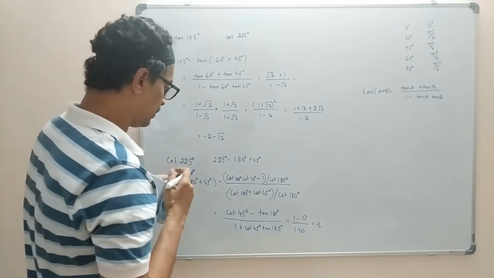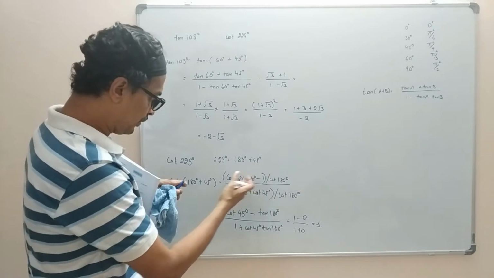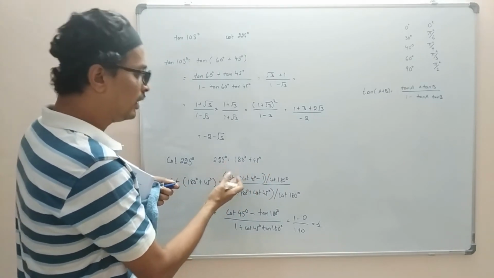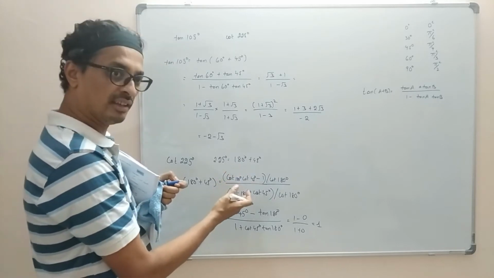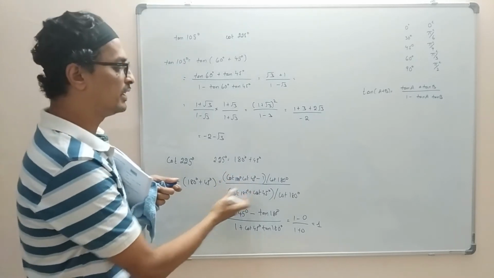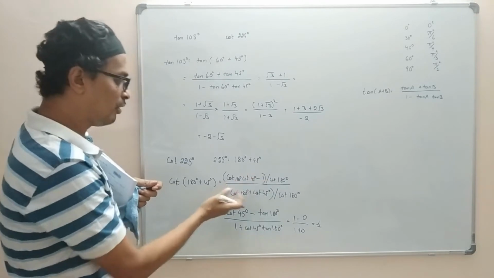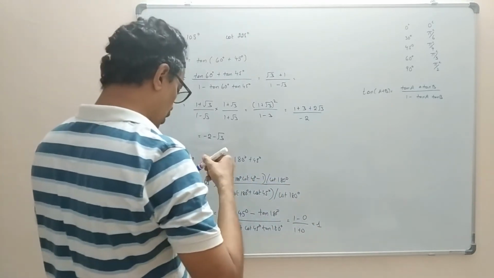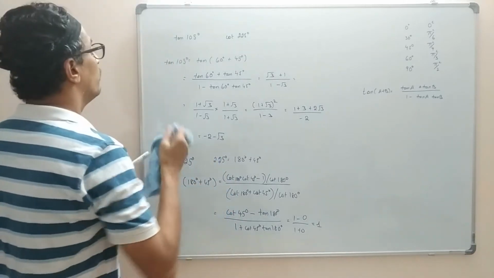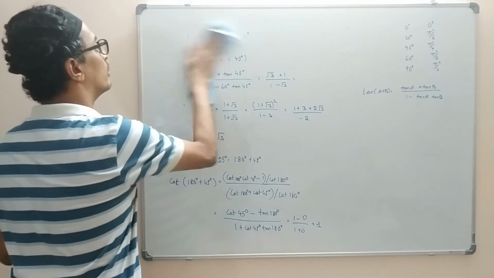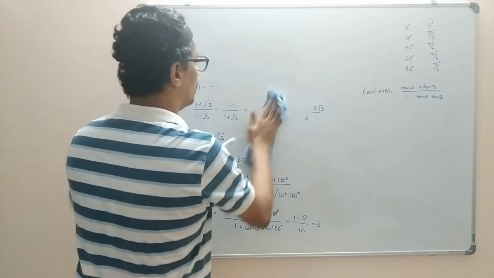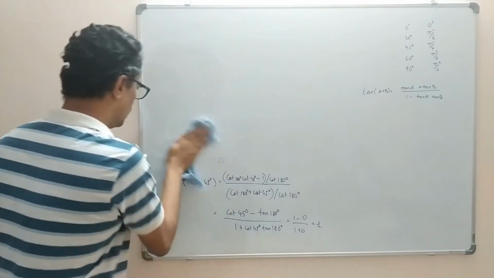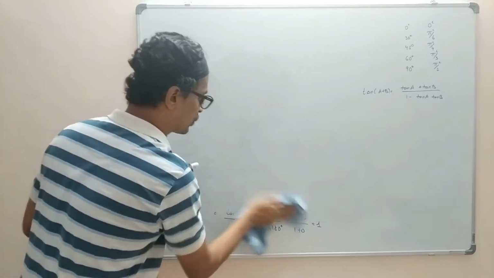Instead of dividing it like this, you can also write this as 1 by tan of 180 degree, and here also 1 by tan of 180. Take the LCM and the common, and again you will get the same answer. Either way you can do it. So this is the way we can find out tan of these angles. There are other examples that are simpler. Let me do one more example from the solved examples.